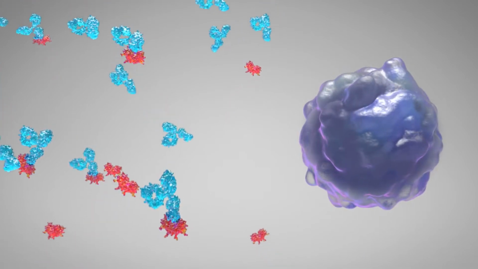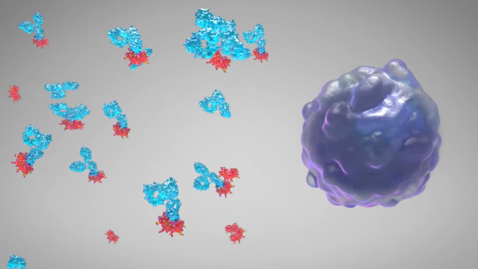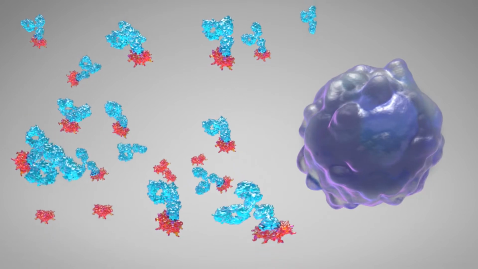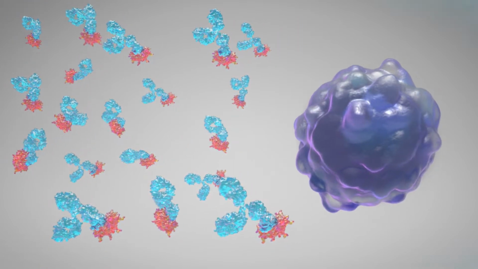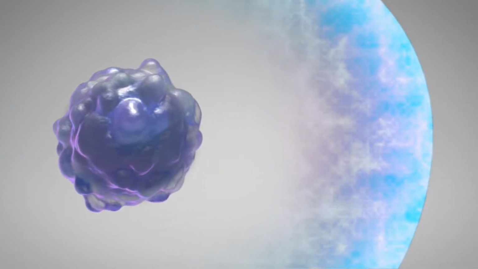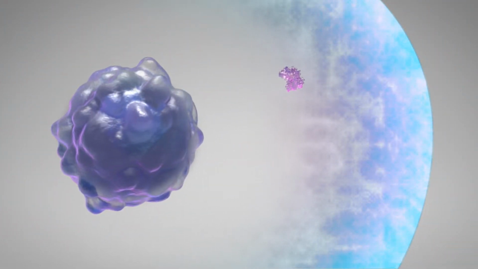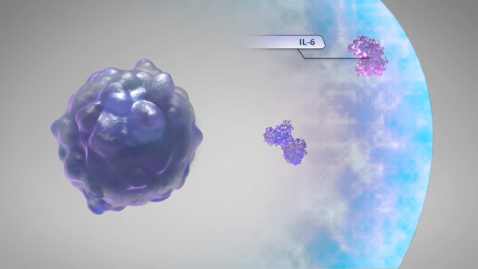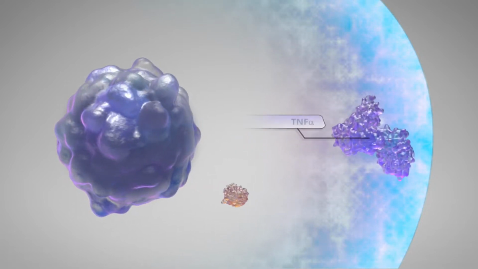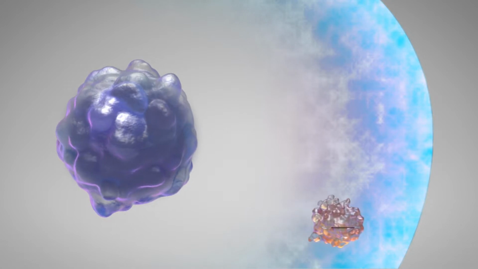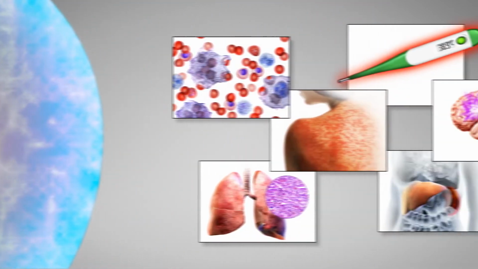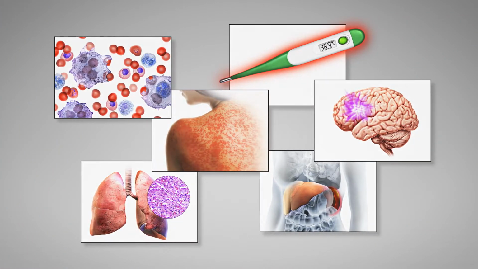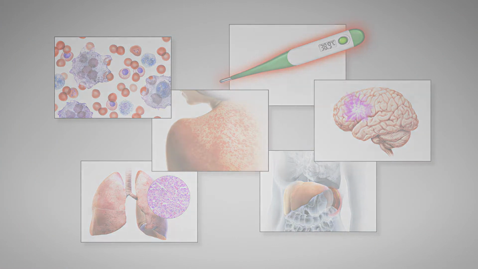GAMIFANT binds to interferon gamma and neutralizes interferon gamma activity. This blocks interferon gamma-induced intracellular signaling and activation of macrophages. Blockade of interferon gamma by GAMIFANT stops macrophage activation and the downstream release of pro-inflammatory cytokines. In clinical trials, interferon gamma neutralization with GAMIFANT was shown to reduce the rapidly progressive life-threatening symptoms of primary HLH.